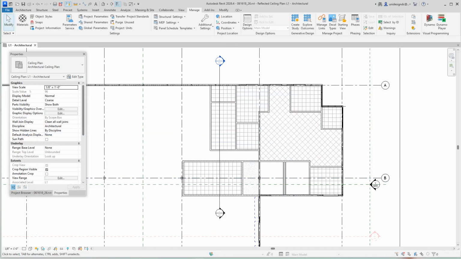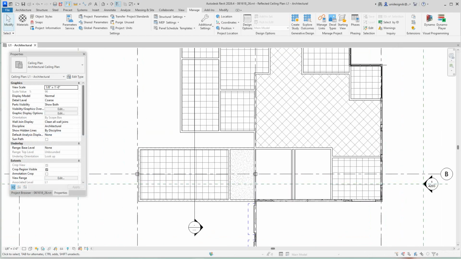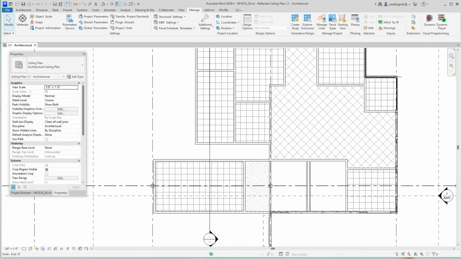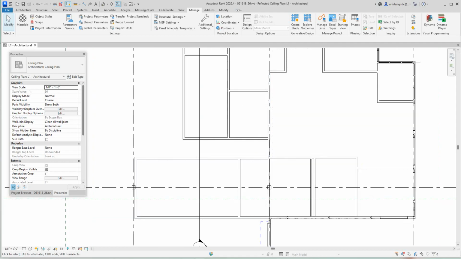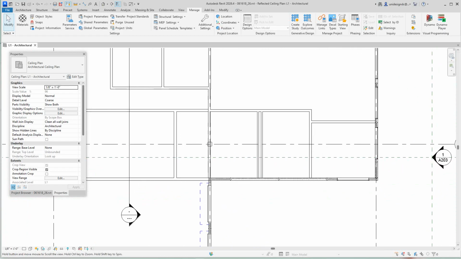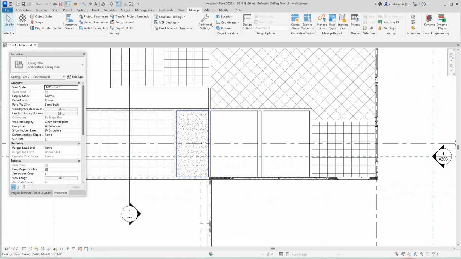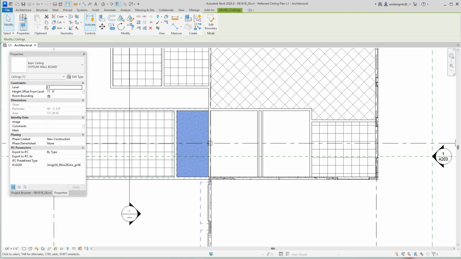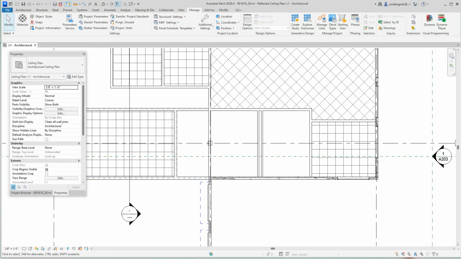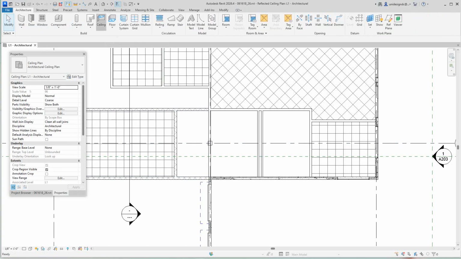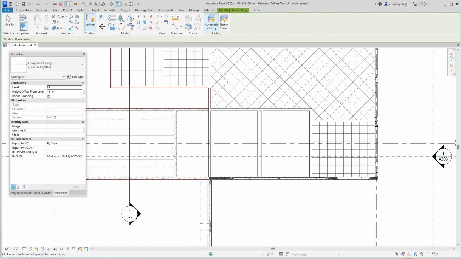So now we've got our new ceiling type here. What I want to do now is go into my level 1. I'm sorry, yes, I want to go here into this level. We want to take care of this one first. Actually, we might want to delete this one out because we've got a new one here. So I'm going to create my new ceiling. I'm going to go into the Architecture tab, select Ceiling, and in here